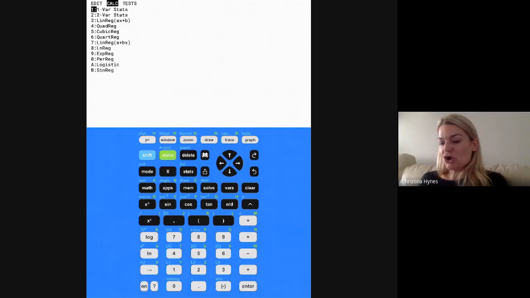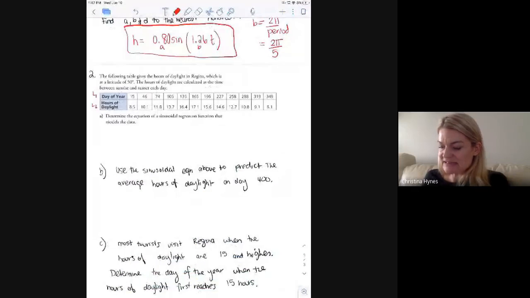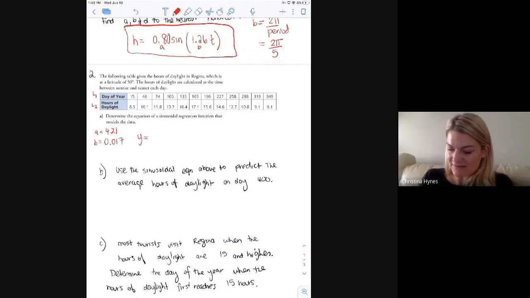If you're doing that properly, I'll show you what answer you should have gotten. This is what you can test out to see if you're putting this properly in your calculator. I got A was 4.21, B was 0.017, C was negative 1.40, and D was 12.41. So once you get your values,